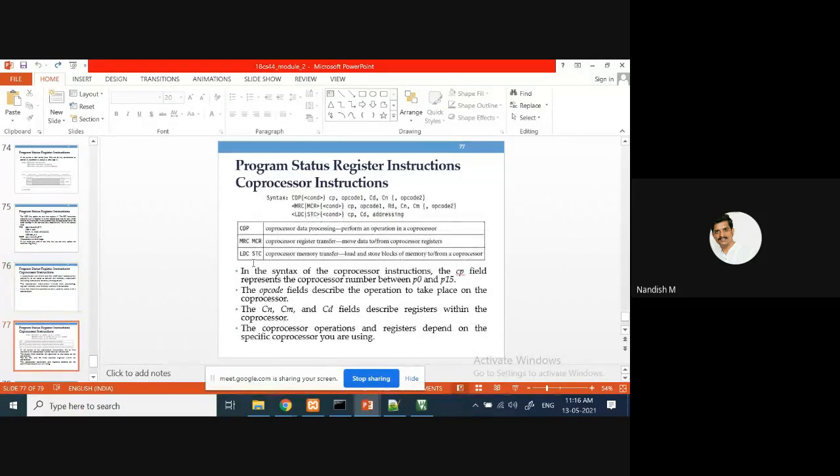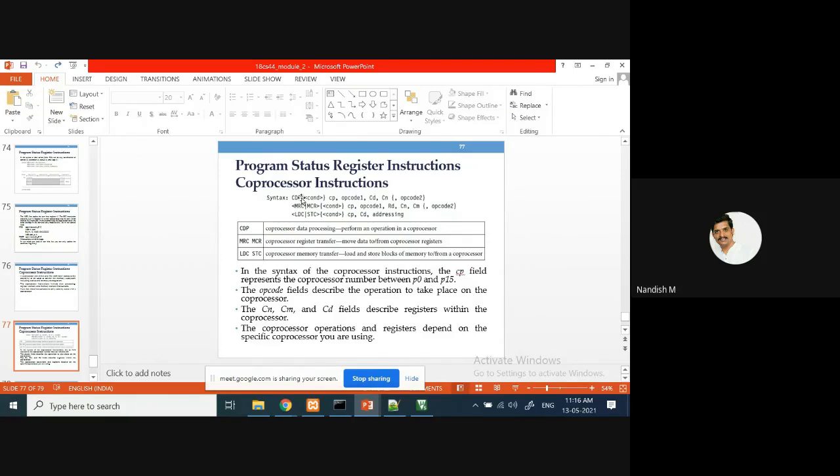See here, CDP. This is coprocessor for data processing, or MRC, MCR, LDC, STC. Coprocessor memory transfer. One is register transfer, one is memory transfer.